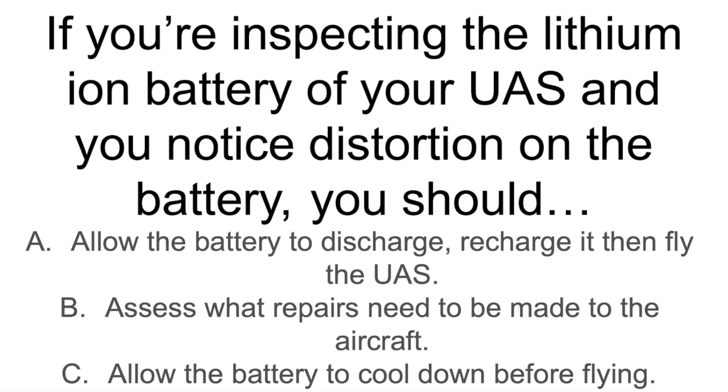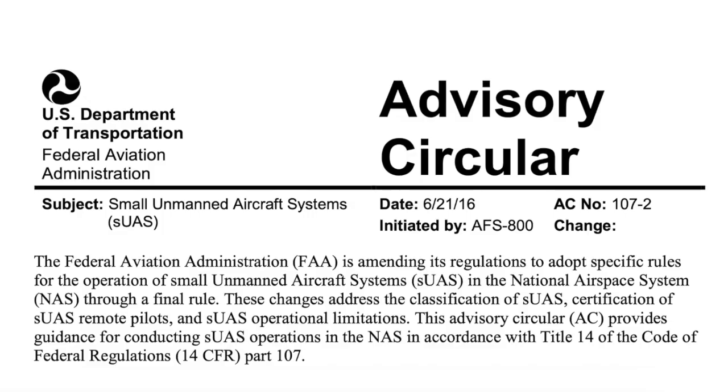B, do you assess what repairs need to be made to the aircraft? Sounds a little bit more likely. C, do you allow the battery to cool down and then fly the aircraft? No, you don't do that either. See, the FAA is trying to trick you with this. Here's what they want you to do. This is an advisory circular that I found from 2016, and here's what it says about